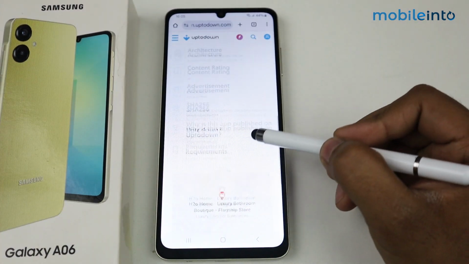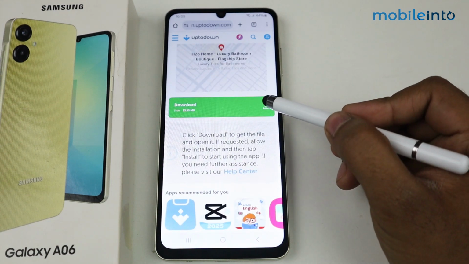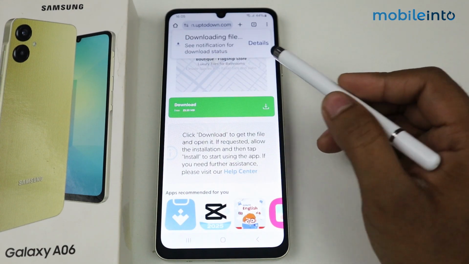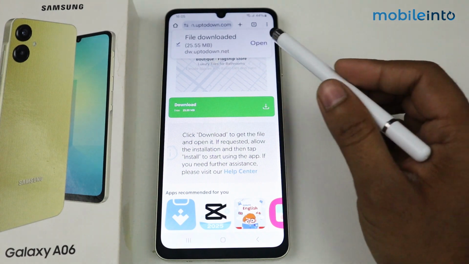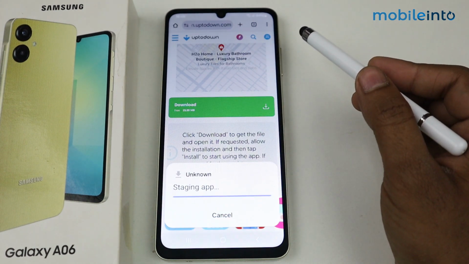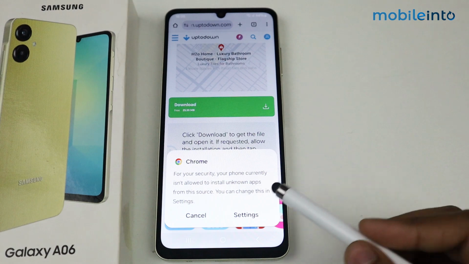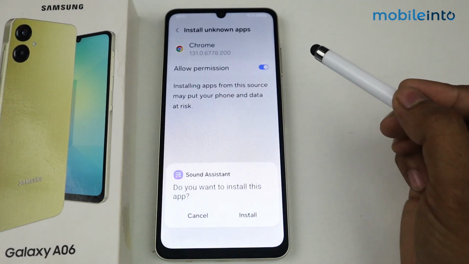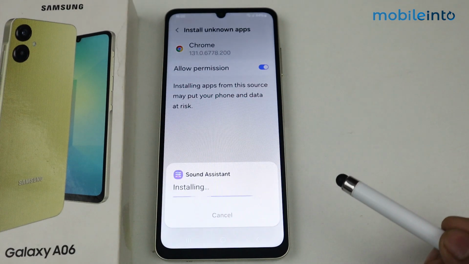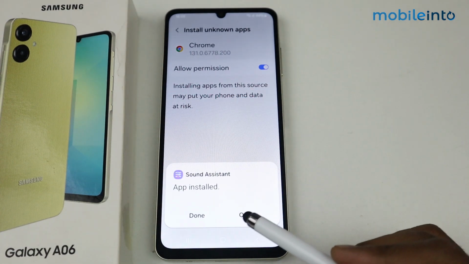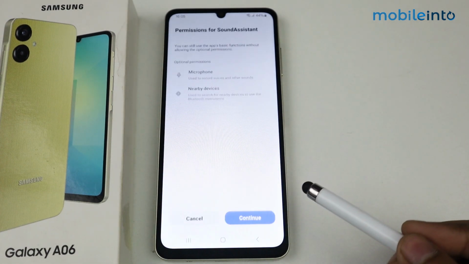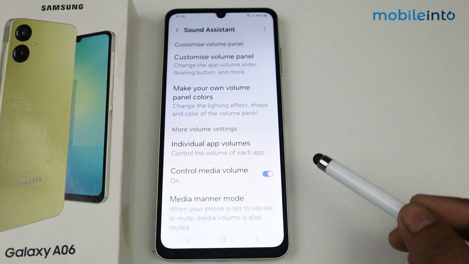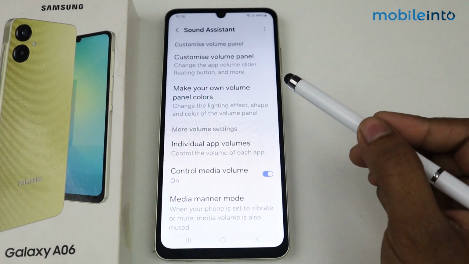scroll down, simply tap on download. As you can see, downloading is started. Tap on open, go in settings, allow the permission, tap on install, simply open the sound assistant application, give the permissions, simply allow it. Now go in, make your own volume panel colors,